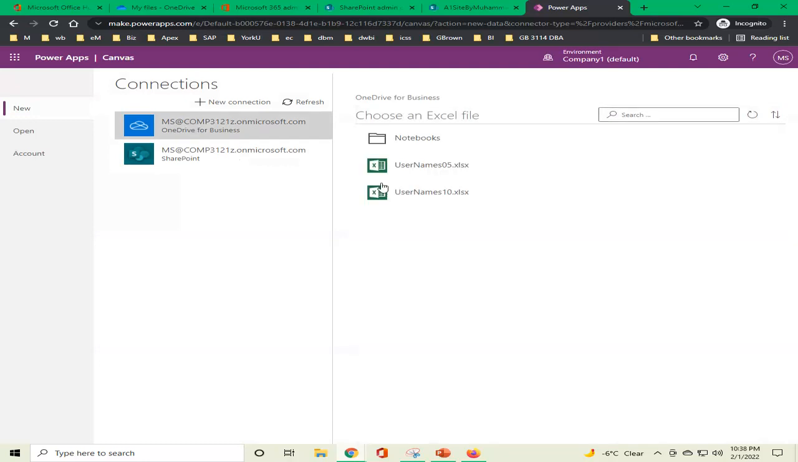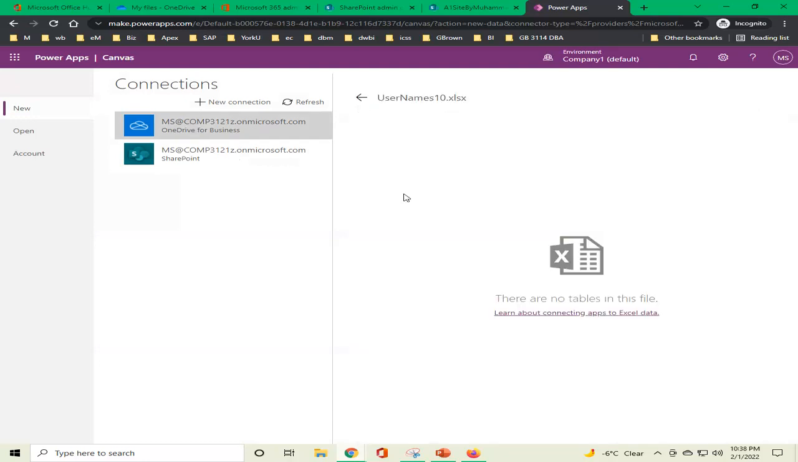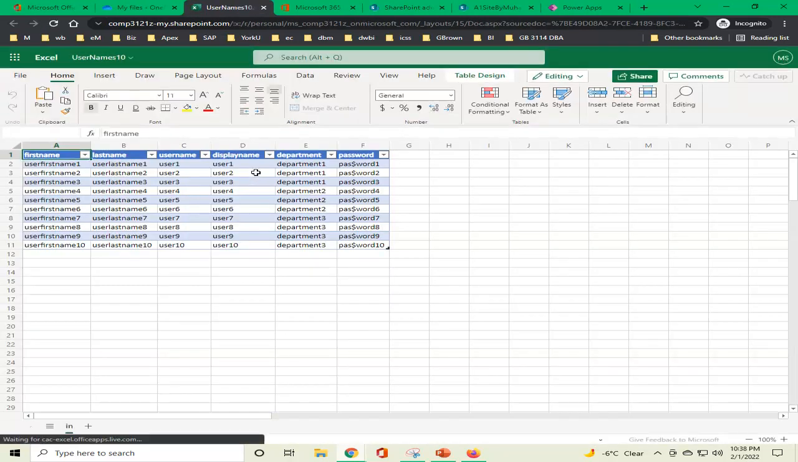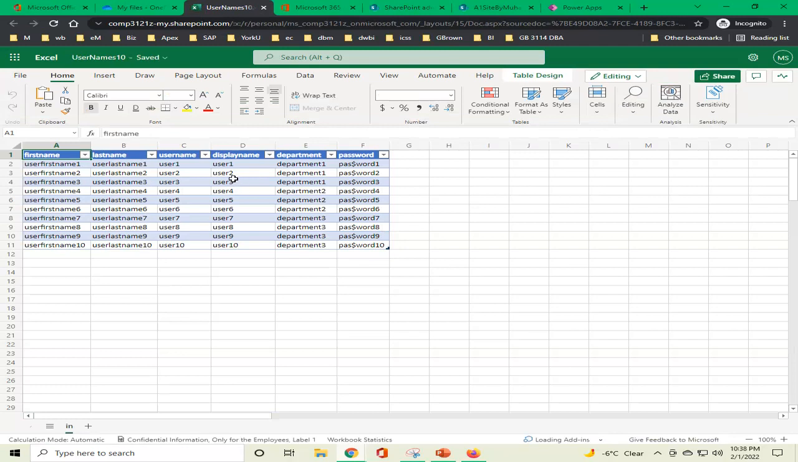Now I click again on my file. It still says the Excel data doesn't have a table. Let me just go back and see why it's not updated. I will just click on the Excel file. Sorry, I think so. Yeah, the table is there. Then why not? I just close it